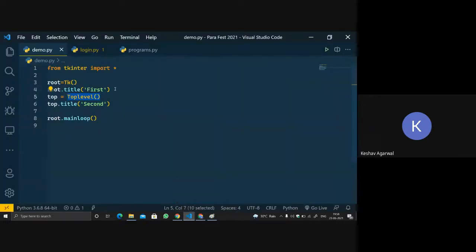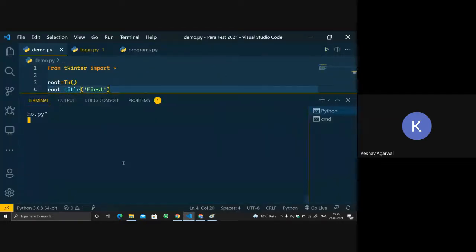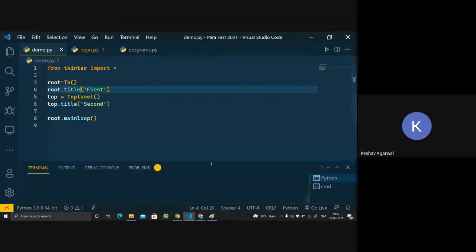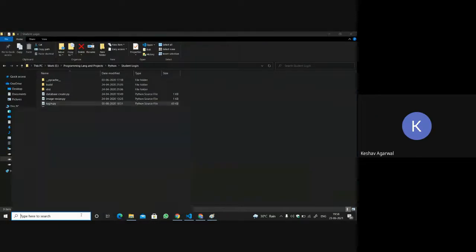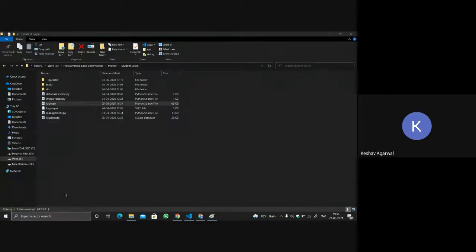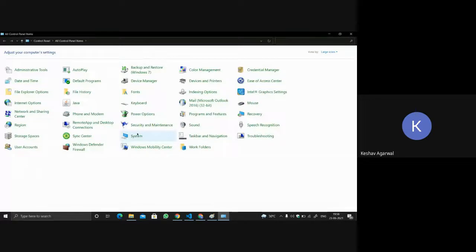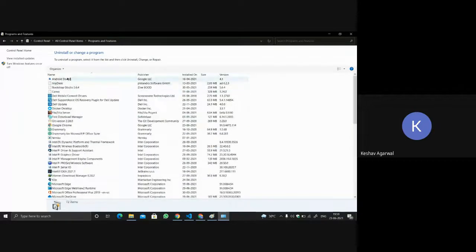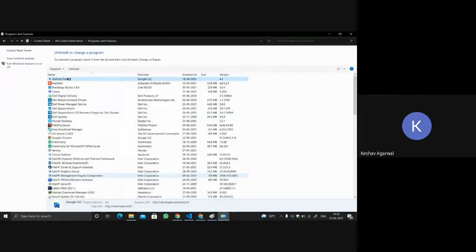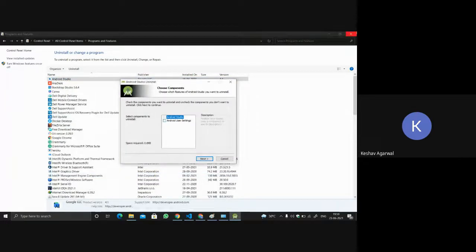And if you close the first window, let's run the code. This is the first window. If I close the first window, the Toplevel is also gone. Most of the time we have seen in the control panel, let's say I open my control panel, and I want to uninstall a program like Android Studio, and if I close this, it won't close.